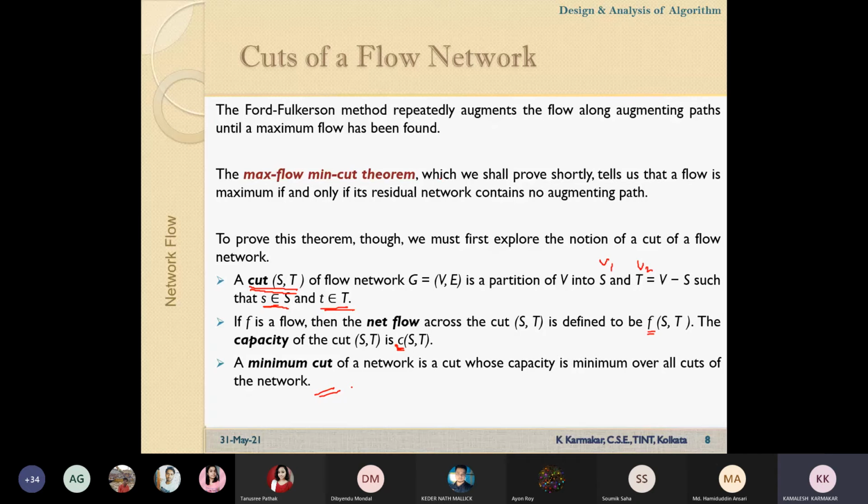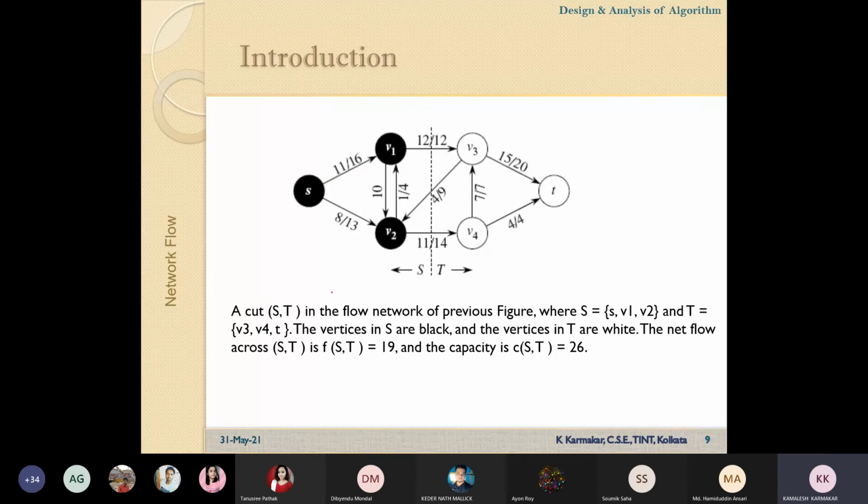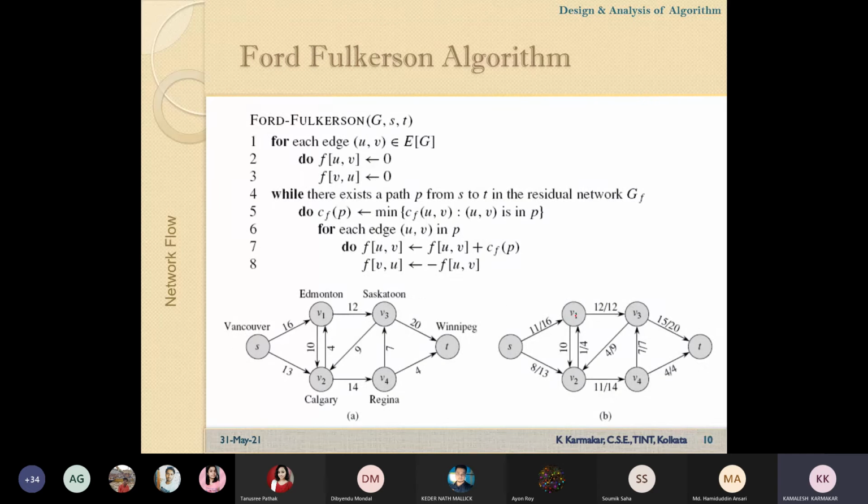Okay, we are just formalizing it. If a graph is given, then we have to partition it into two subgraphs, and the maximum flow can be determined in this way. So let us come to the algorithmic part. At the very beginning, how will the problem be solved? This algorithm solves the problem in polynomial time. We will come to the complexity analysis later, but at this moment, let us try to understand the algorithm and how the problem is being solved.